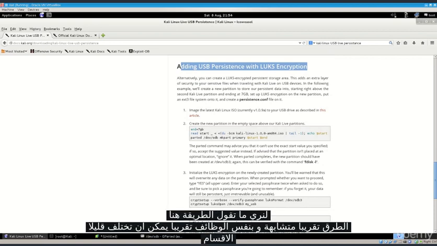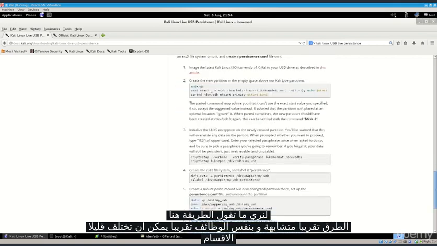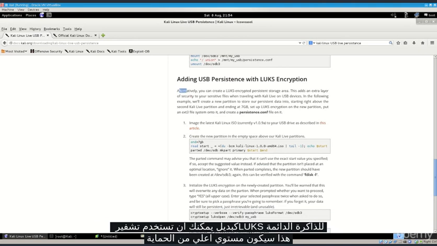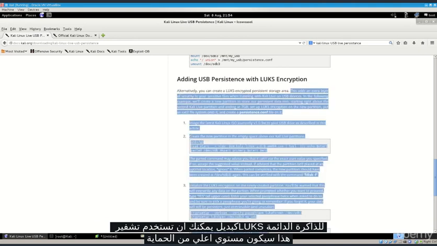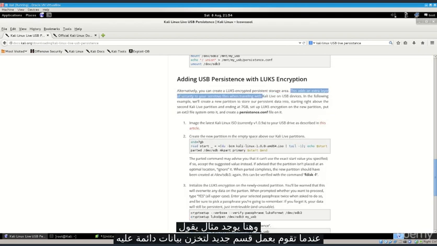So let's go and see what the guide below says. Both guides are fairly similar and they function on a very similar concept. You just use a bit of a different partitioning. So alternatively, you can create LUKS encrypted persistent storage. This adds an extra layer of security. And the following example,